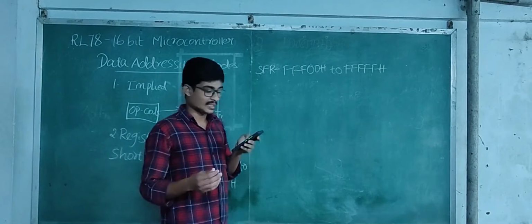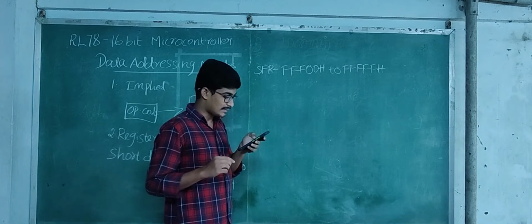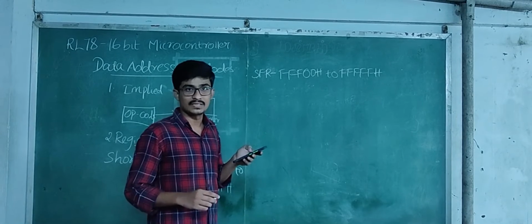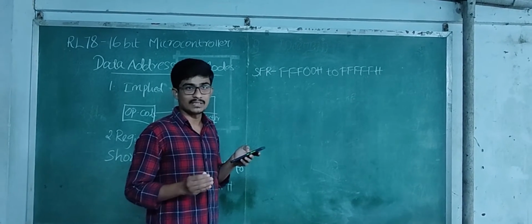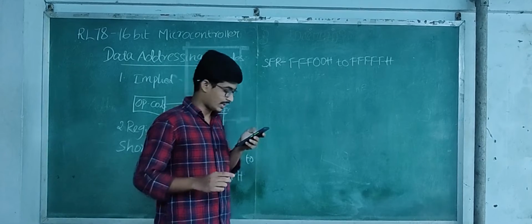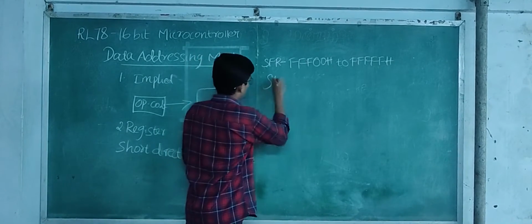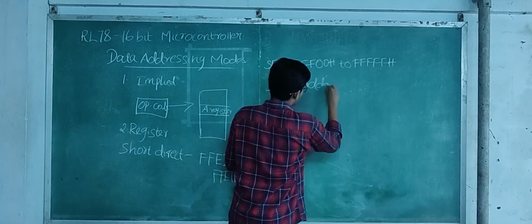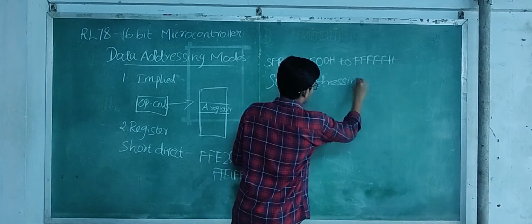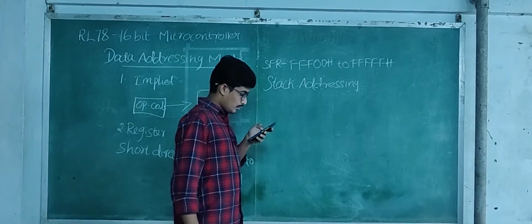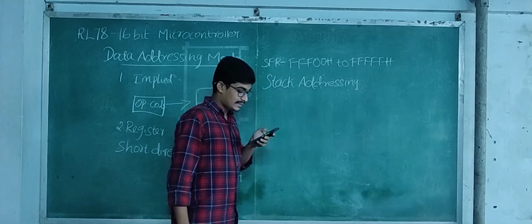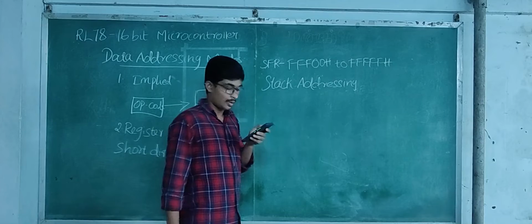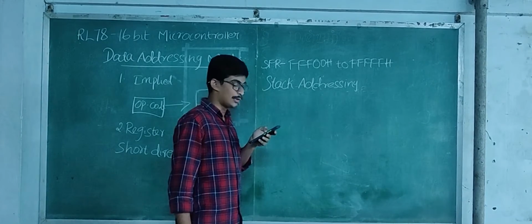Next one is the based indexed addressing mode. It uses the contents of a register pair specified with the instruction word as the base address and the contents of the B or C register as an offset address. The sum of this base address and offset address directly specifies the target address. Next one is the stack addressing mode. In this addressing mode, it is indirectly addressed with the stack pointer. It is automatically employed when the push, pop, or subroutine call and return instructions are executed.